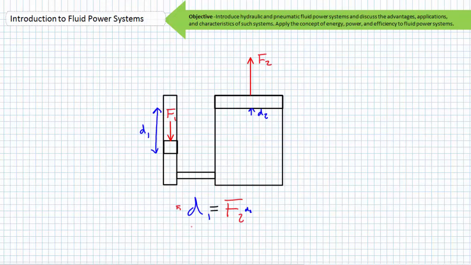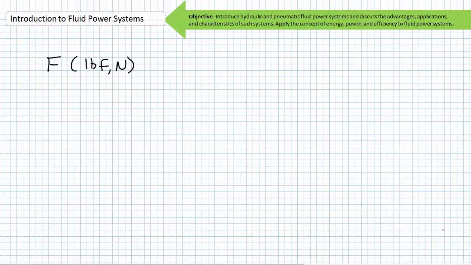If you want to think of it this way, a force multiplication system is the fluid power equivalent of a step-down gearbox that trades speed for torque. We'll examine Pascal's Law and force multiplication systems in greater detail in later lectures. But for the purposes of this lecture, let's quickly define force as a measurable push or pull in units of